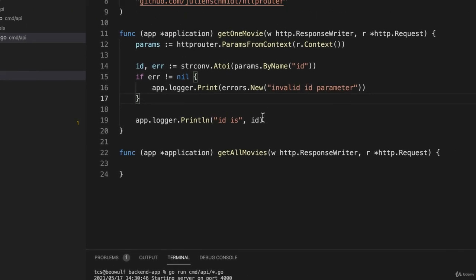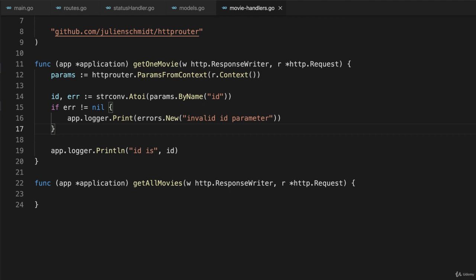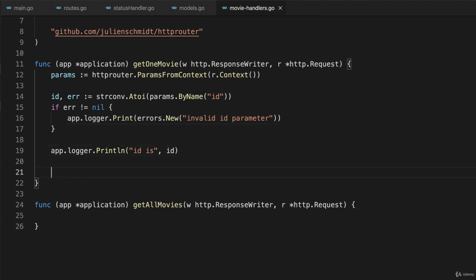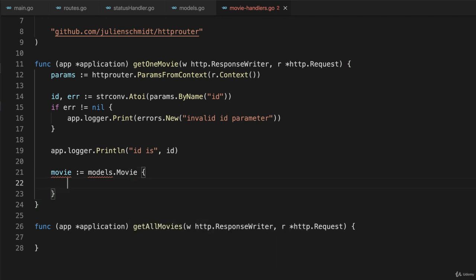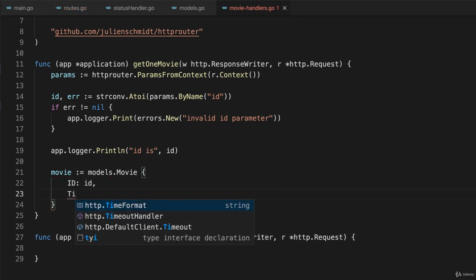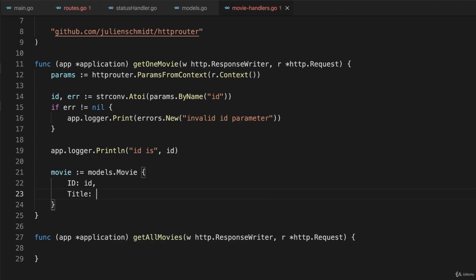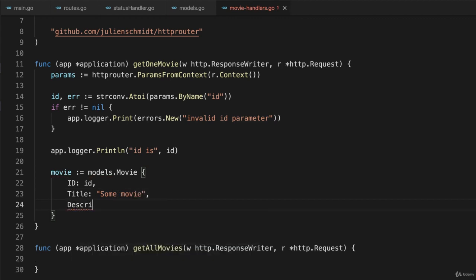Now, what do we actually want to do? We want to do more than print out the ID, so I'll stop this. I just want to see if I can get one movie to show up as JSON. So what I'll do is I'll create a movie from that models.Movie type that we defined a little while ago. And I'll put some information in here. So ID, and I'll call that id, the one we've got from our parameters, and we'll give it a title. And no matter what the ID is, for now, it'll be giving the same title and other information. So I'll just put placeholder information in. Some movie is the title, description is some description,